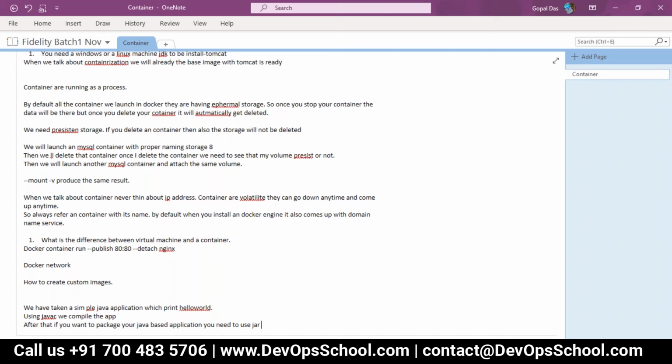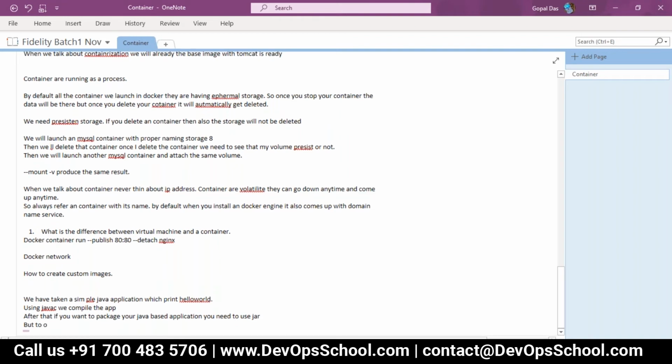But to do the same, we need to provide a manifest.txt file. So what is this manifest file? Any jar file which you are creating